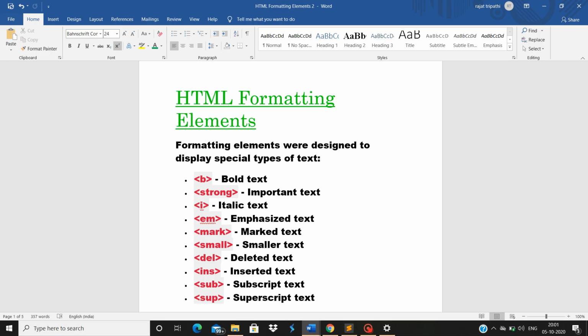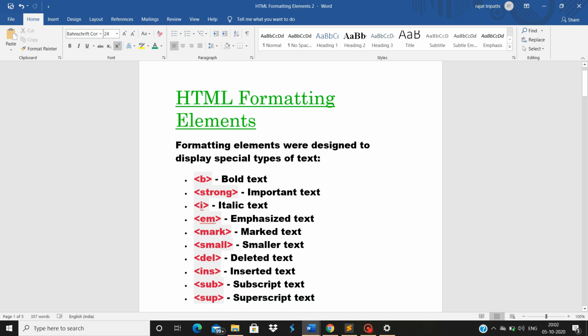We'll continue with italic text and emphasized text. Here also, no difference. Next comes the marked text, the smaller text, deleted text, inserted text, subscript text, and the superscript text.